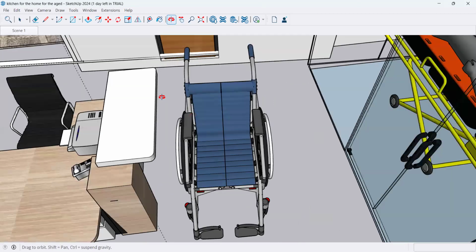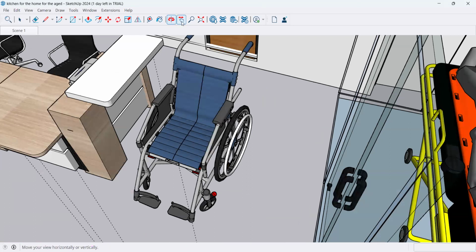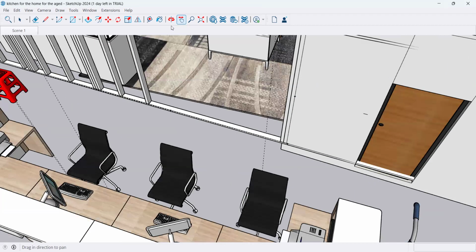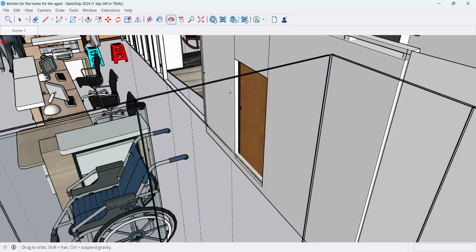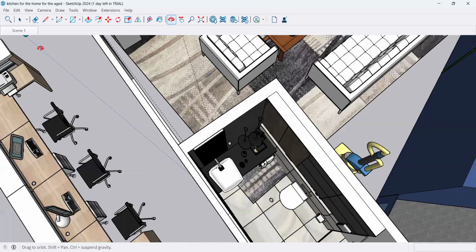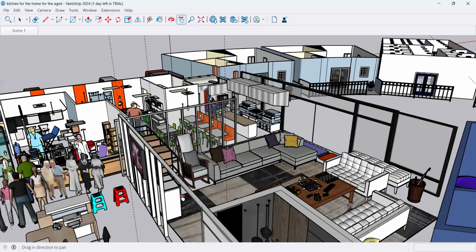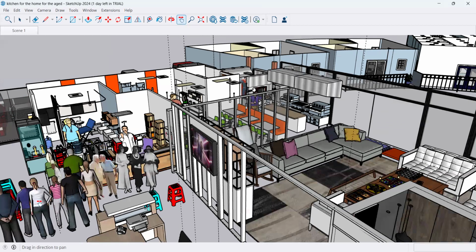So now that we have seen the right wing, we're going to go to the left wing of the reception. So when we go to the left wing of the reception, we will see that there is a nurse station here, and so many